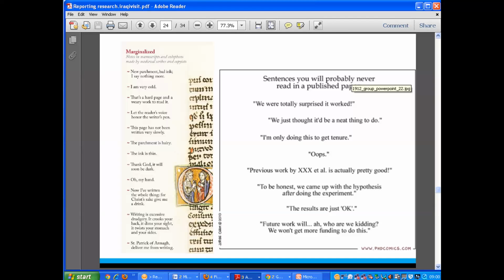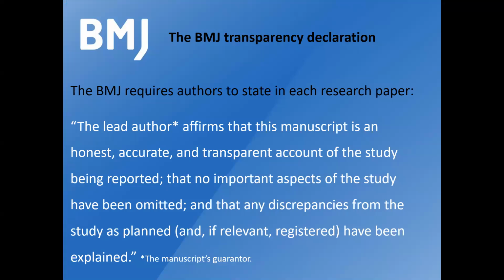So writing can be hard work, and this is something I think that was a paper submitted to BMJ a few years ago. Sentences that you'll probably never read in a published paper, even though we'd love to read sentences like this, such as we were totally surprised at work, or we're only doing this to get tenure, etc., etc. Now, many journals